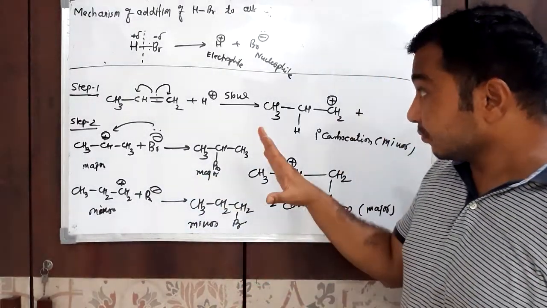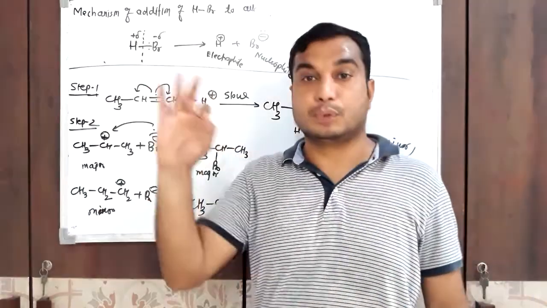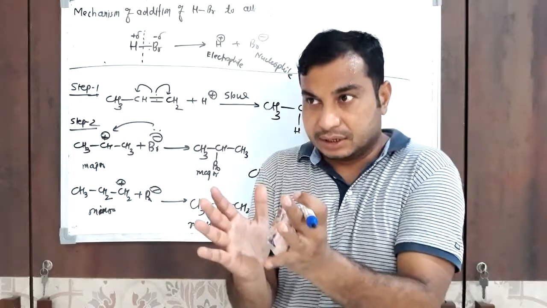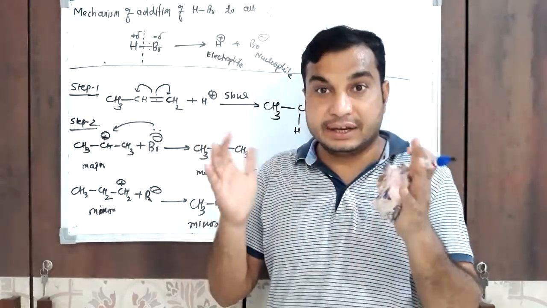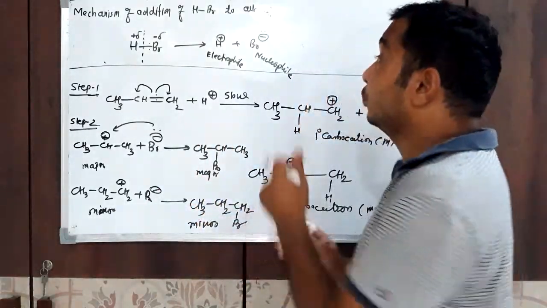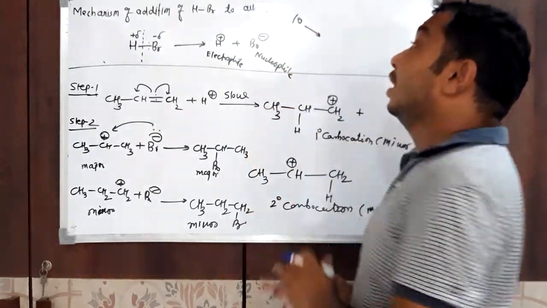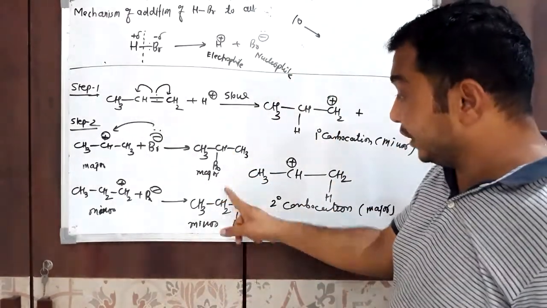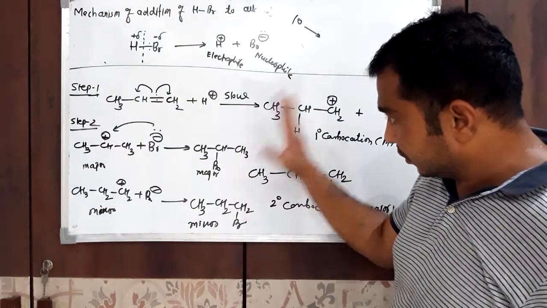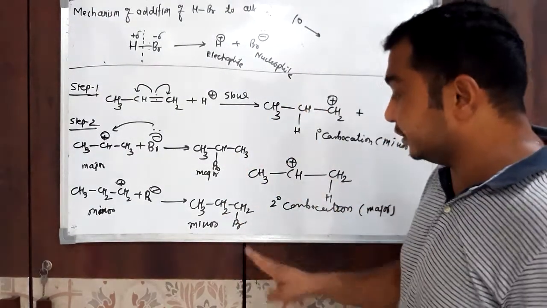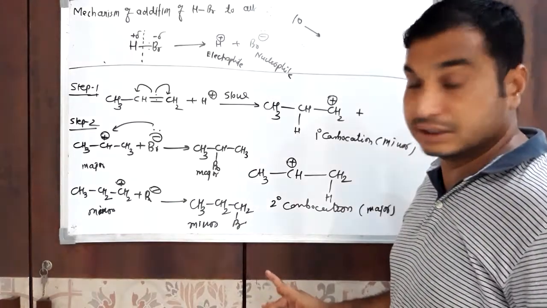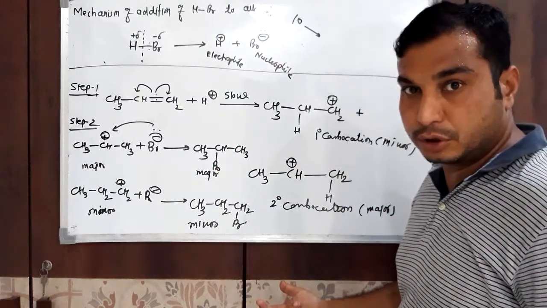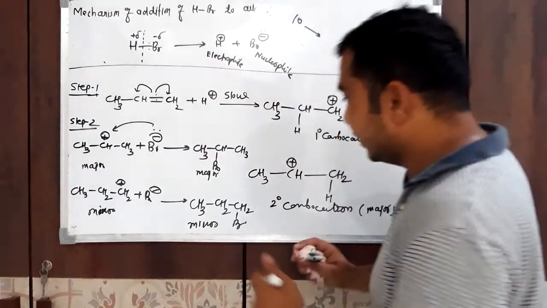It means if we start with 10 molecules of propene, for example, if we carry out this reaction by taking 10 molecules of propene, then out of 10, 7 will be in the major product, and the remaining 3 are in the minor product. So 70% of one product is obtained, 30% of another product. So this is the mechanism, and this step is fast